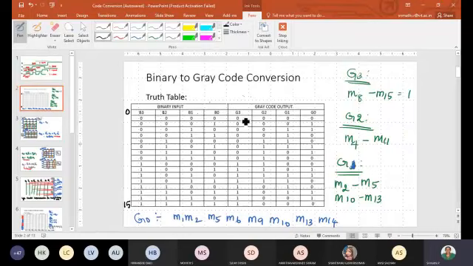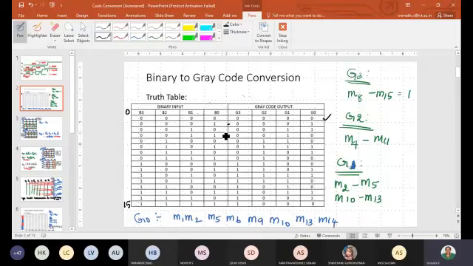So first, 0 will be represented as 0, 0, 0, 0, like binary 0. And 1 is also the same in gray and binary.